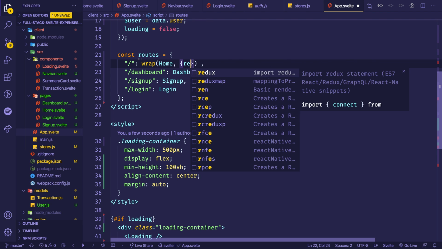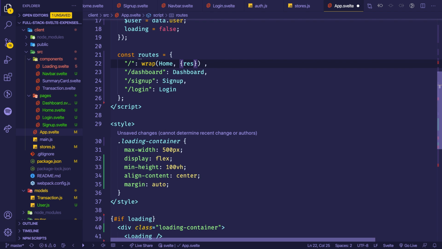So I can say the reason is that the condition failed because it's already authenticated. And then the third parameter here is going to be the actual condition, so a function, a callback that needs to return a boolean. So I'm going to add that function here, and the boolean is going to be if we